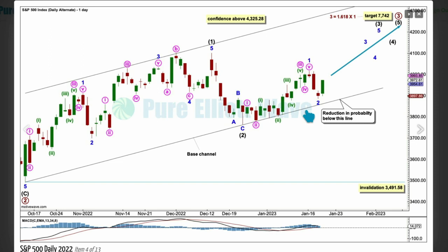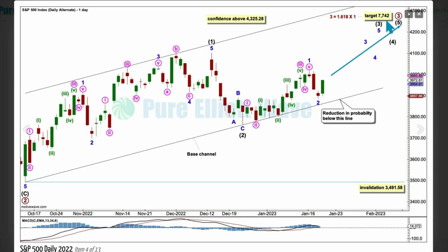That's because lower degree second wave corrections should find support in a bull market at the lower edge of a base channel drawn around a first and second wave 1 degree higher. Sometimes base channels aren't respected, but they are respected most often. Intermediate 2 may not move beyond the start of 1 below